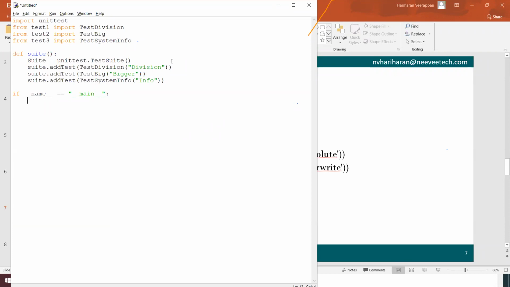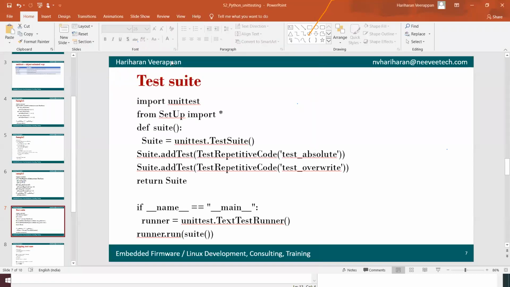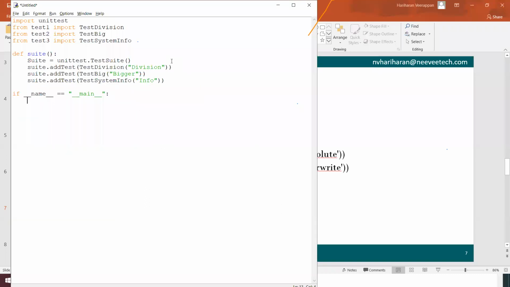Here we are going to create a test suite runner with the help of a text test runner, runner equals unittest.TextTestRunner.